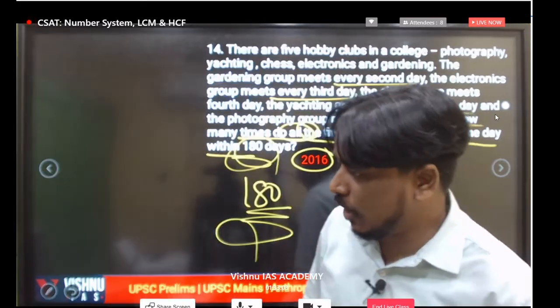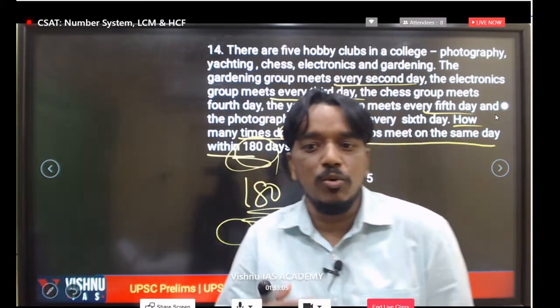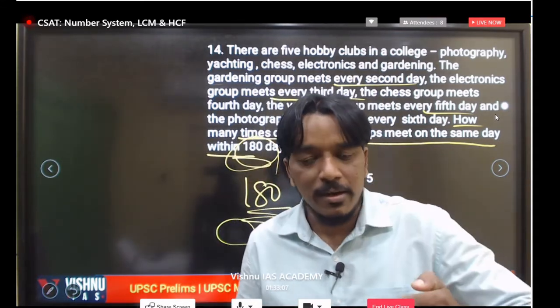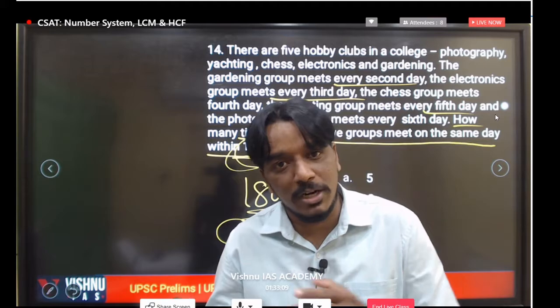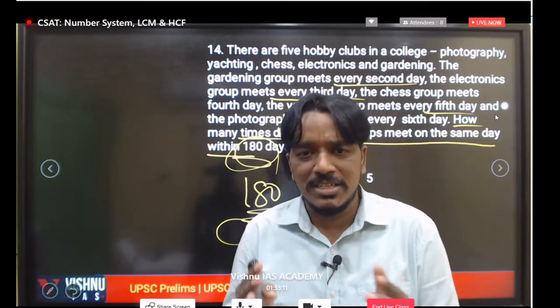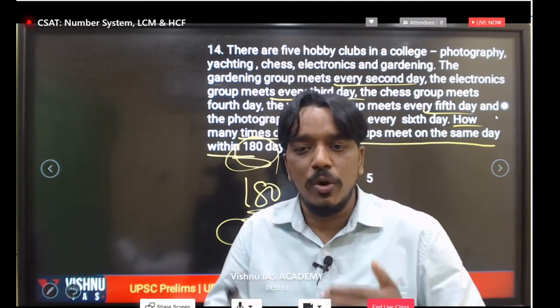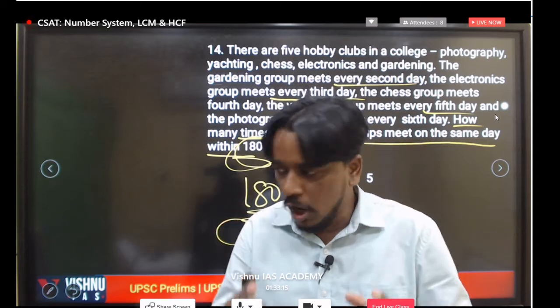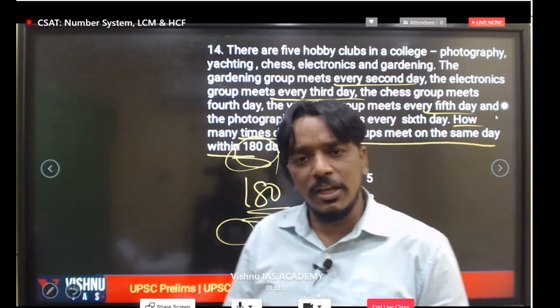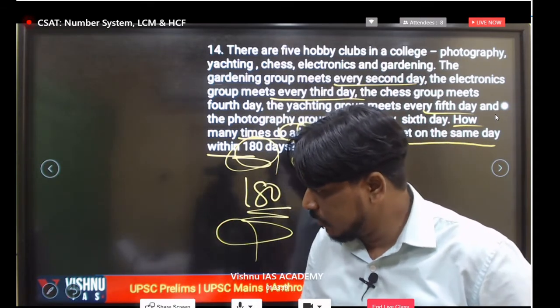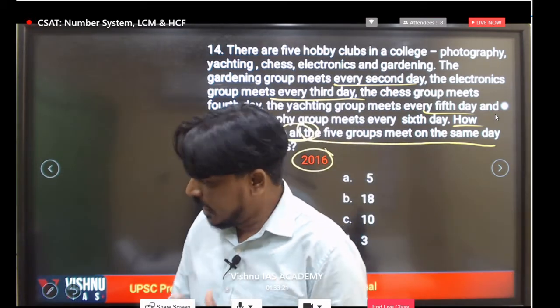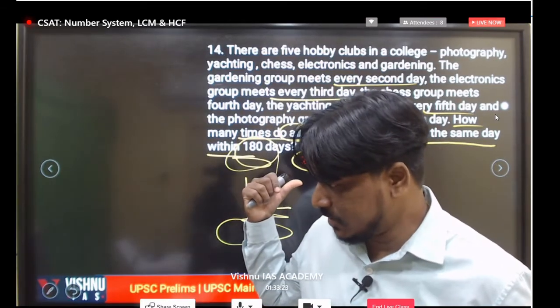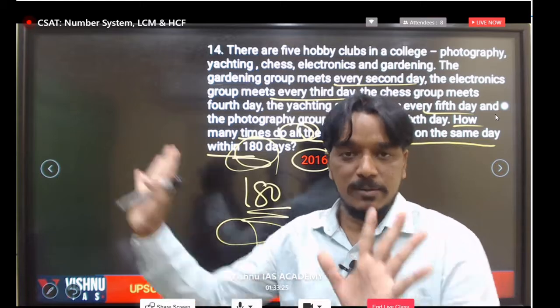But if you follow these classes regularly, definitely you will get more and more clarity in the maths part as well as the reasoning part also. I will give every concept. But still, whenever you are in the live class, you have to understand each and every point. If you are not able to understand anything, definitely, very good, Rasagna. But everyone try to answer this question. Easily you can answer this. Everyone should answer. Very simple, guys.